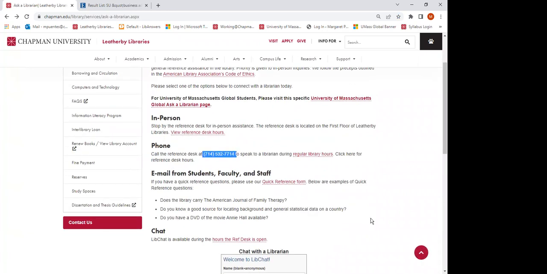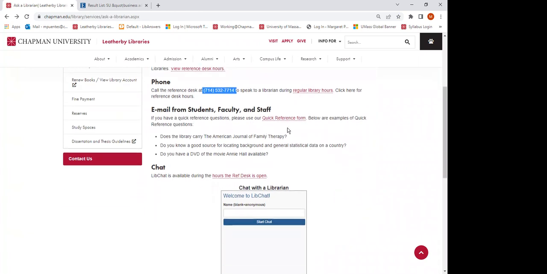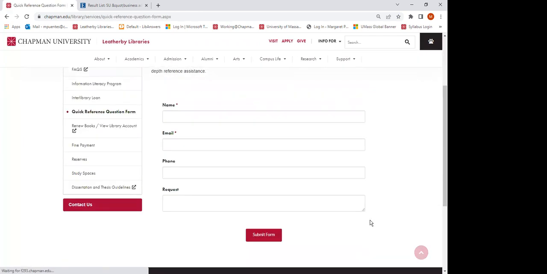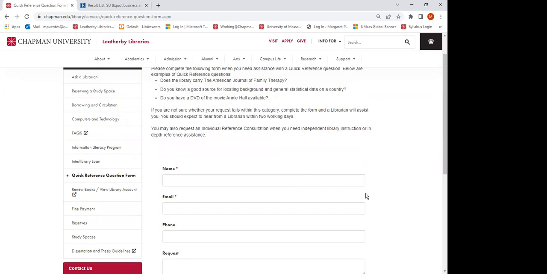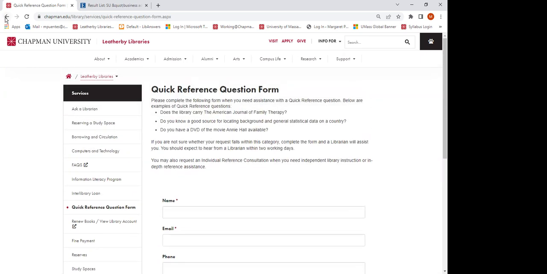The 714 number as well as the 1-800 number are on the previous page. The quick reference form, this is an email form. So just put as much information as you can. Be sure to always use your UMass Global email address when using this form, and also when contacting anyone from the library, so that we can immediately recognize you as a student,